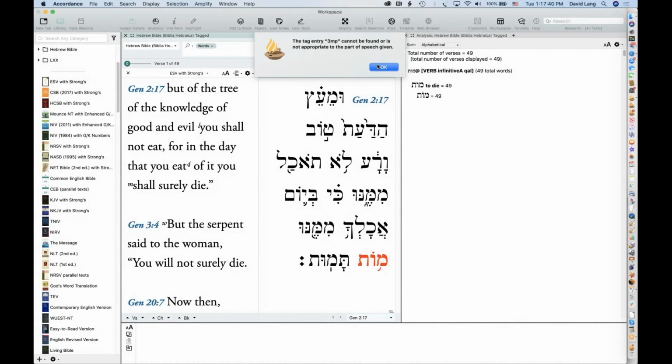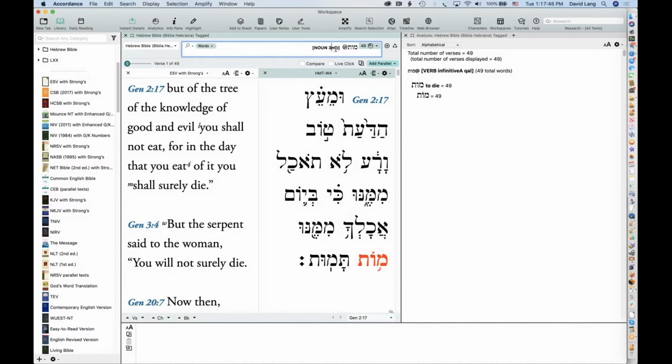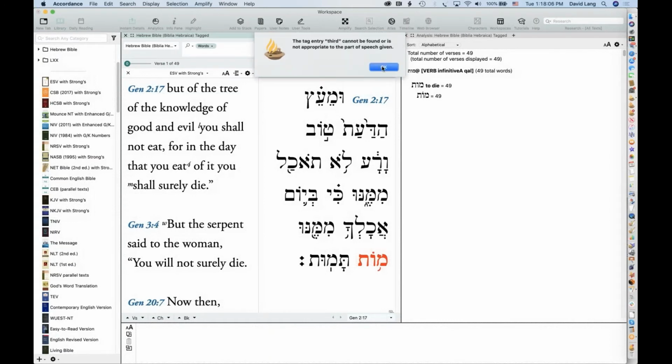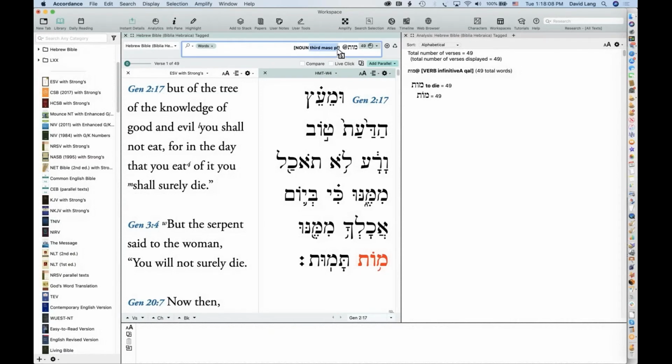Accordance doesn't recognize that, and I wish we would make it so that it can. So you would have to spell out, third, I'm not even sure if the 3 will work. Masculine, plural, yeah, I think you have to spell it out like third. So anyway, even I'm not getting that right.